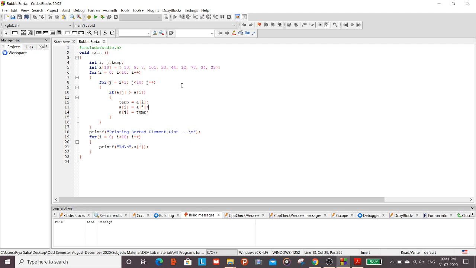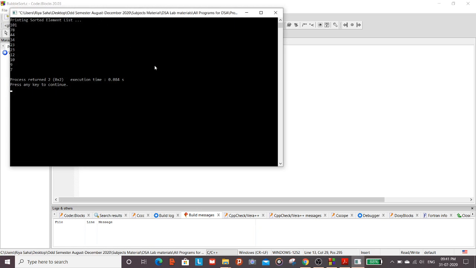Now run this program. Here it is printing the sorted elements list. Look here, the numbers are sorted, but they are sorted in decreasing order. Sorting has to be done either in increasing order or in decreasing order.